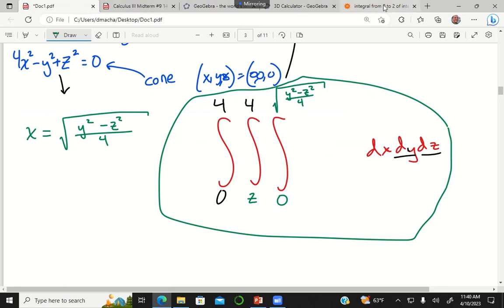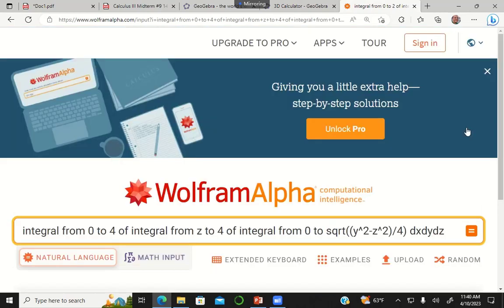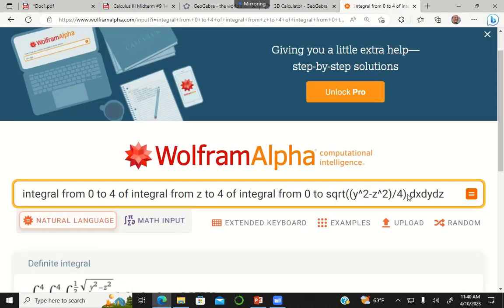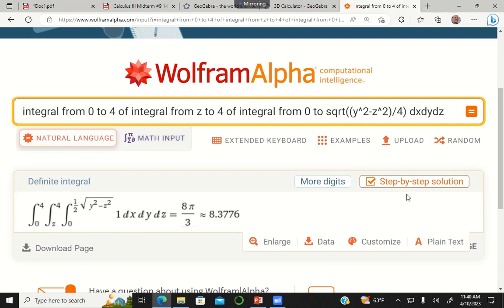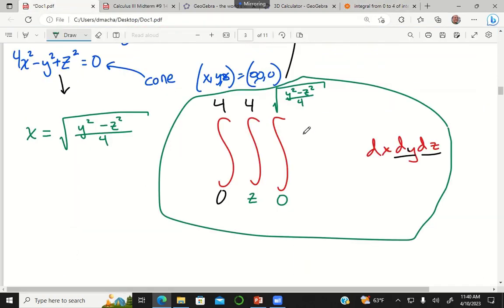And then the order of integration should be dx, dy, dz, if we did everything right. We're looking for what? 8 pi over 3? We did it. Okay. So that's a way to check your work if you're doing this kind of problem. You could